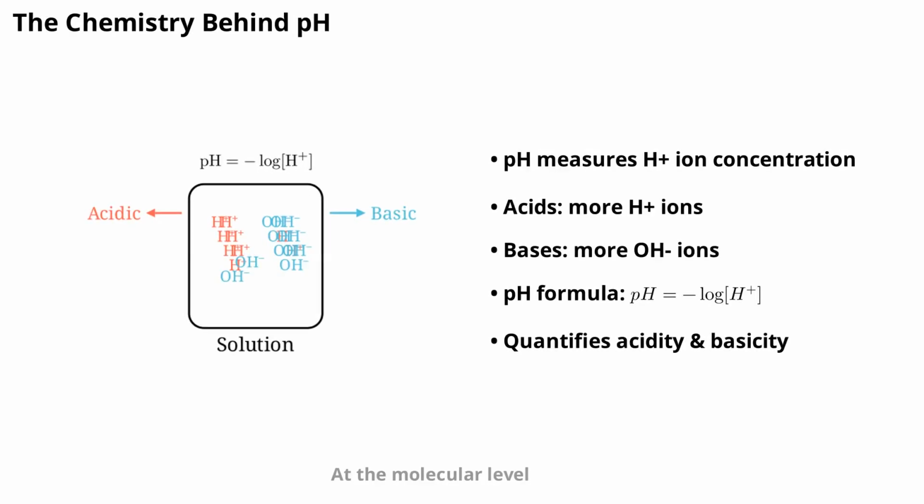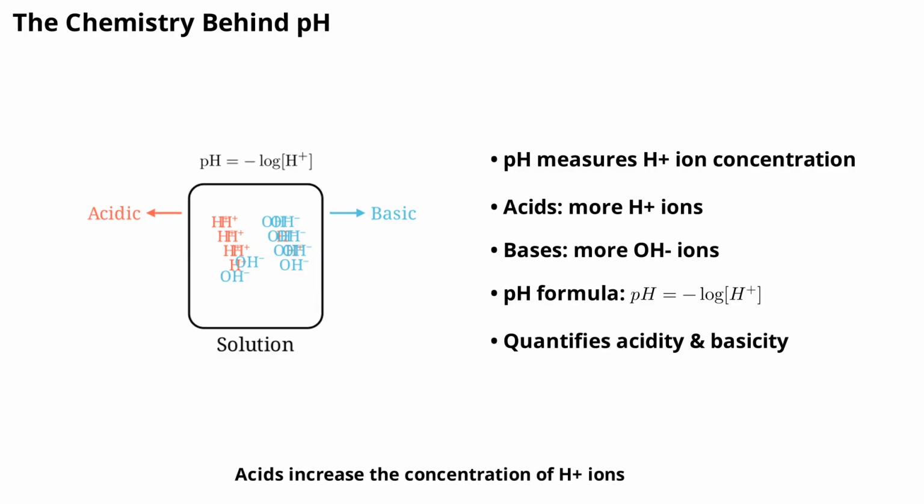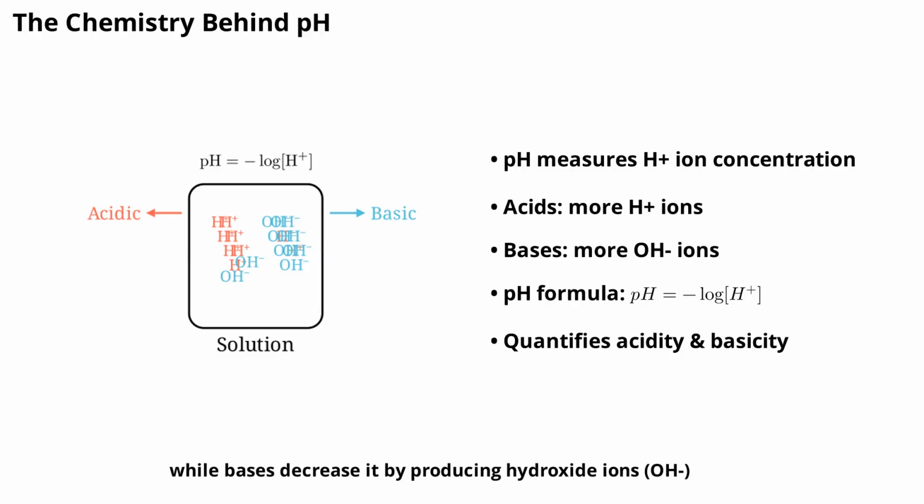At the molecular level, pH is all about the concentration of hydrogen ions, H+. In a solution, acids increase the concentration of H+ ions, while bases decrease it by producing hydroxide ions, OH-. The pH value is calculated using the negative logarithm of the hydrogen ion concentration. This scientific approach allows us to quantify acidity and basicity in a precise way, making it easier to compare different